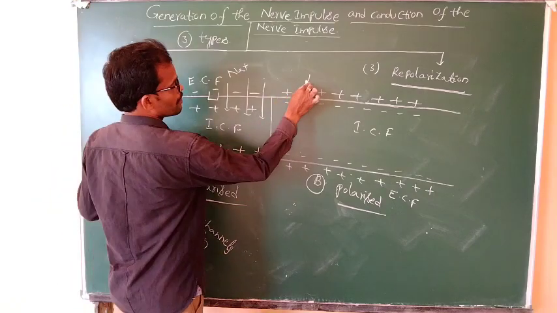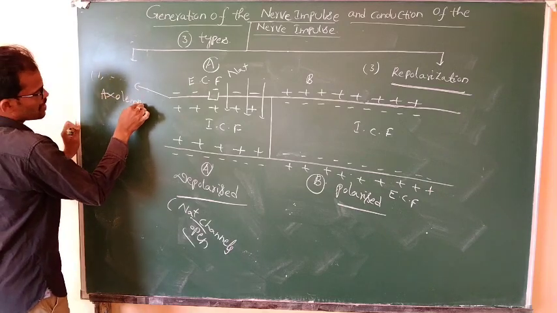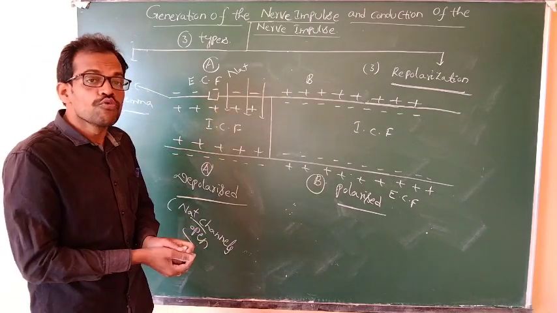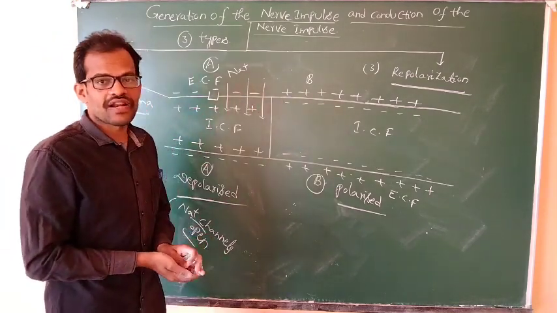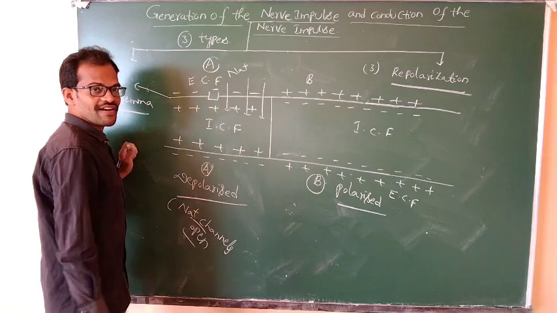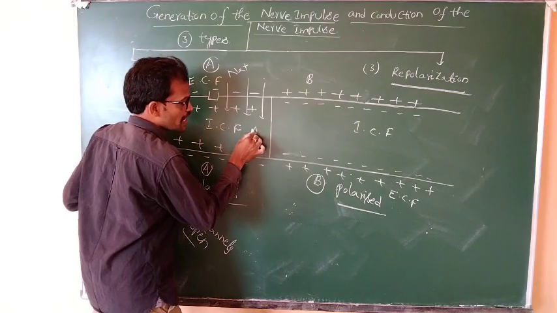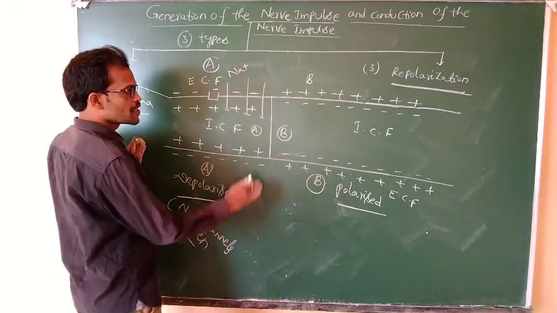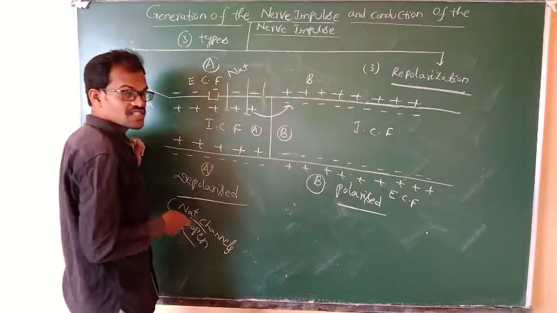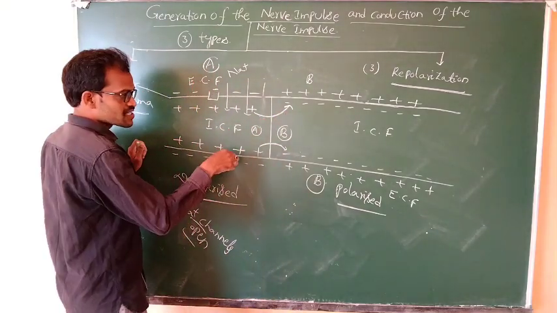See here, this is the axolemma, region A. How are the impulses generated? How do these ions move from one region to another? It is nothing but current flow. In the intracellular fluid, the positive ions move from A to B, from inside to the same inside, intracellular fluid to intracellular fluid.